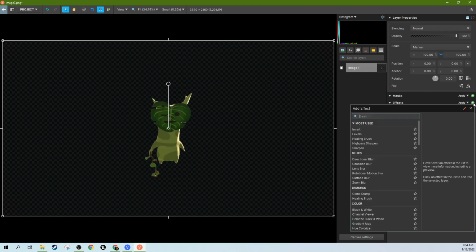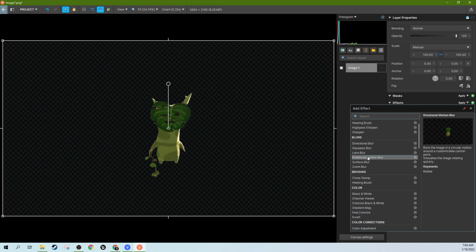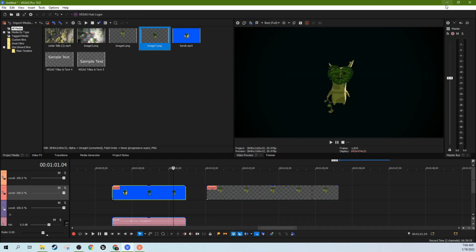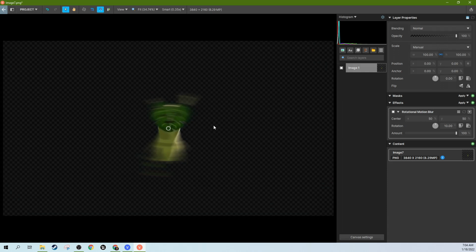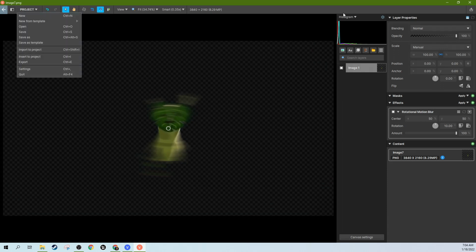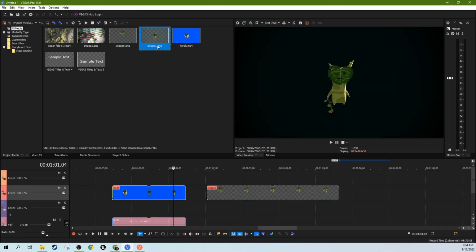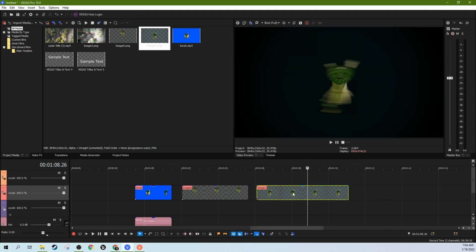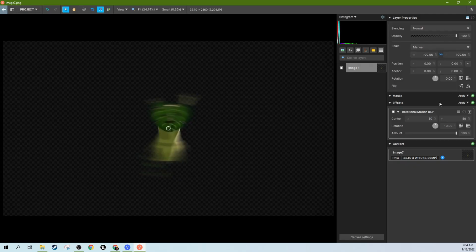Okay, this is only if you have Vegas Post, by the way, and you have the whole Vegas Post package. So assuming you have Vegas Post, let's add some motion blur, like rotational motion blur. There we go. That's something obvious. And then now when we save this PNG, and we're using this PNG, so that's PNG 6. Remember, we made PNG 7 just then. If we're using this PNG, then whatever changes we add to it here,